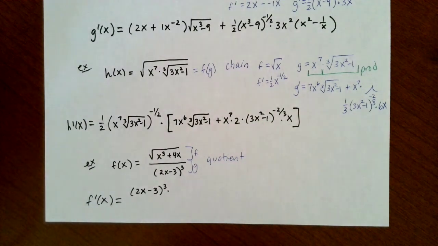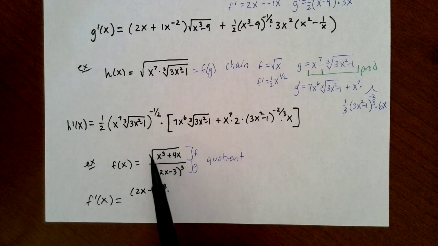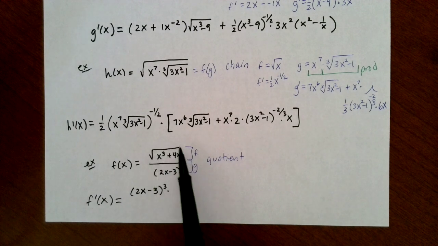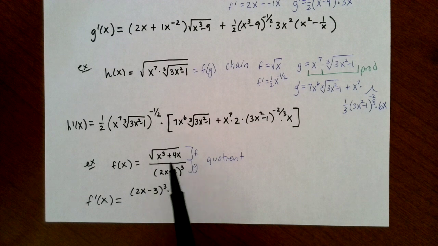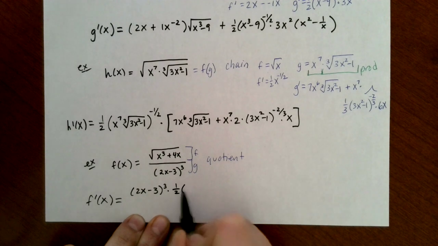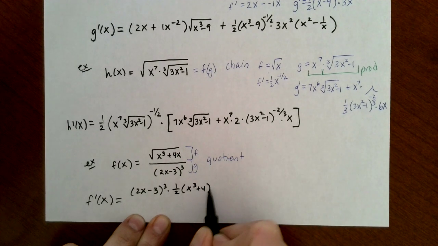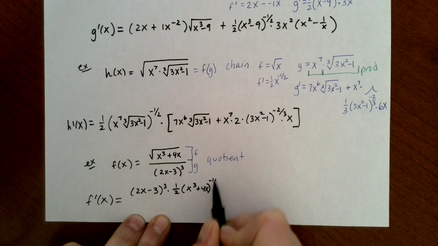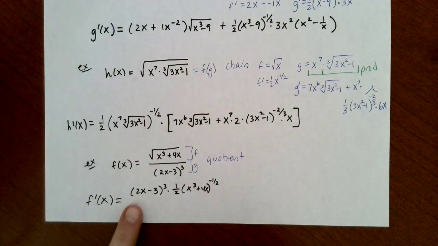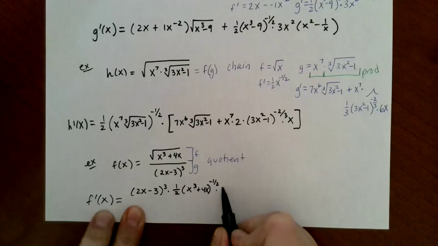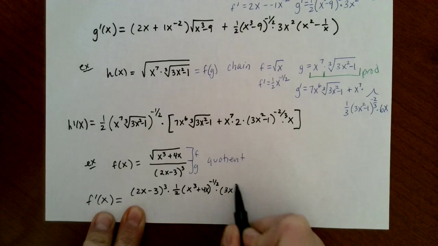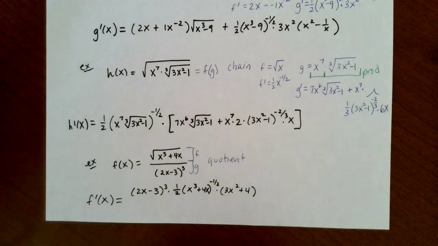All right, so I have the lower function just as is, and now I want the derivative of what I've chosen as f, so the square root of stuff. I see that square root on top of everything, and I say, you're a chain rule problem. So I have outer prime of inner, and then times inner prime is going to be times the derivative of x cubed plus 4x. So that gives me 3x squared plus 4. All right, so this is low d high